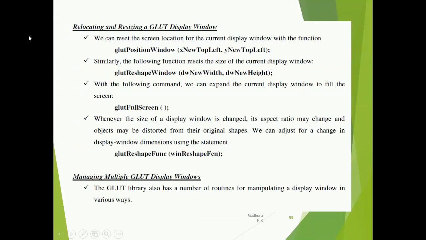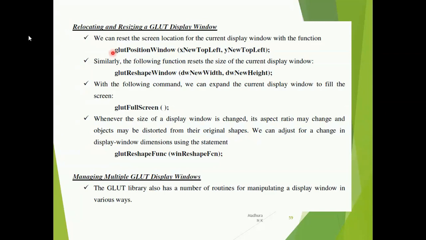Next we have relocating and resizing a glut display window. So you already have a display window that is already displayed on the screen. Now you want to change the location of the display window, or you want to resize it.